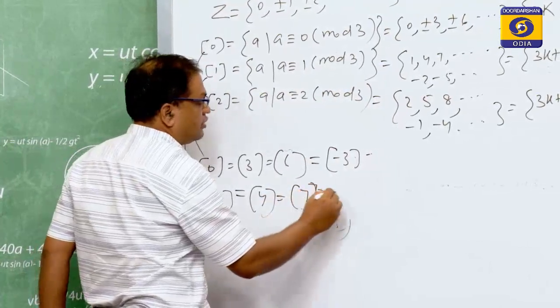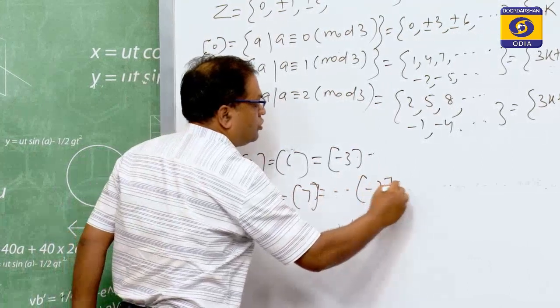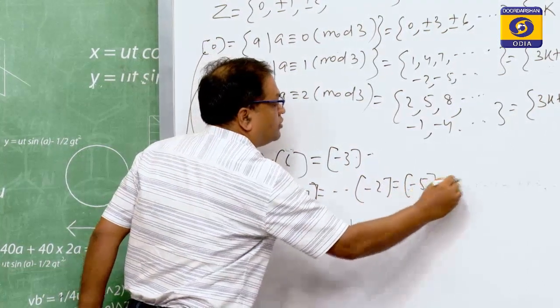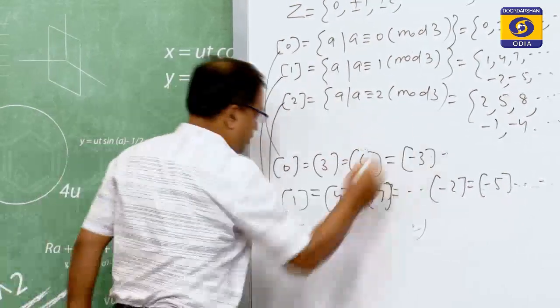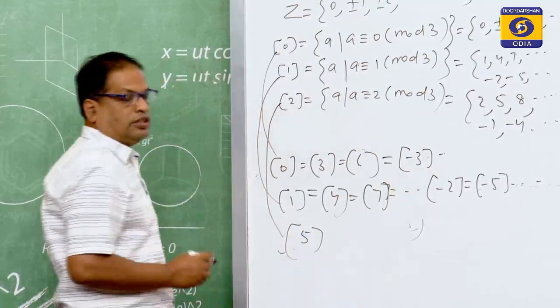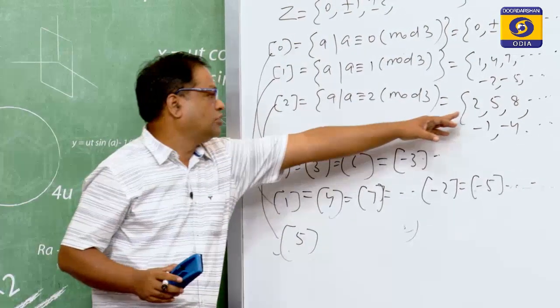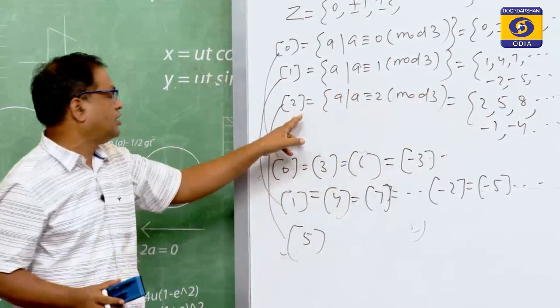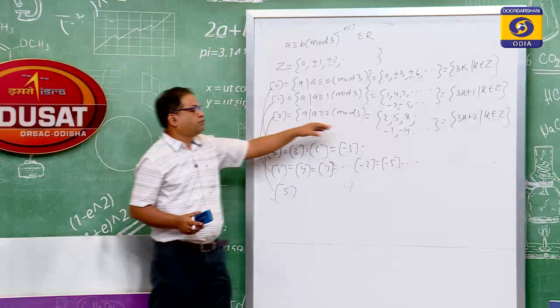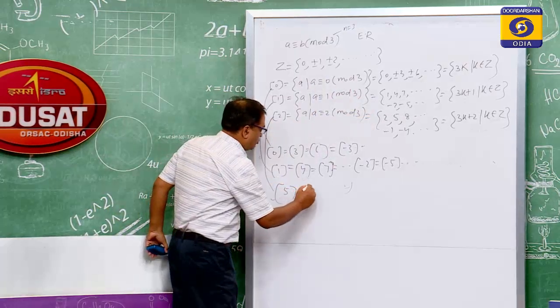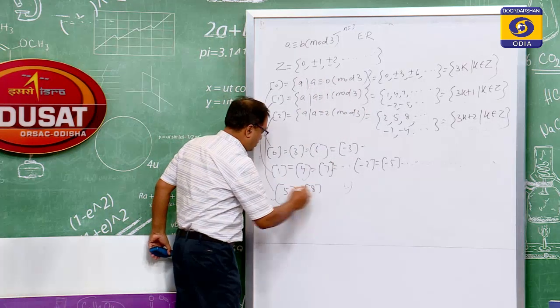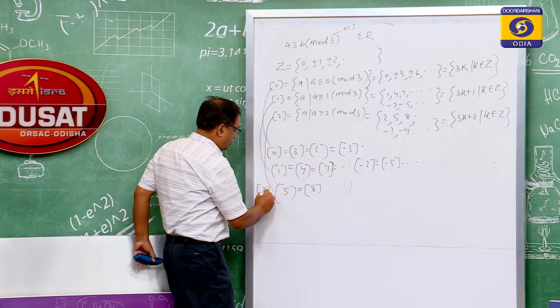7, equivalence class of minus 2, minus 5, and if you find equivalence class of 5, it will also be the same set, because 5 is an element of the equivalence class of 2. So, equivalence class of 5 and equivalence class of 2 will always be equal, and you can also check that. So, equivalence class of 5 is equal to equivalence class of 8, that is also equivalence class of 2,